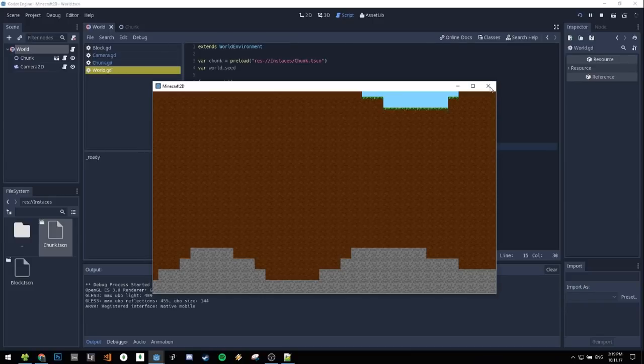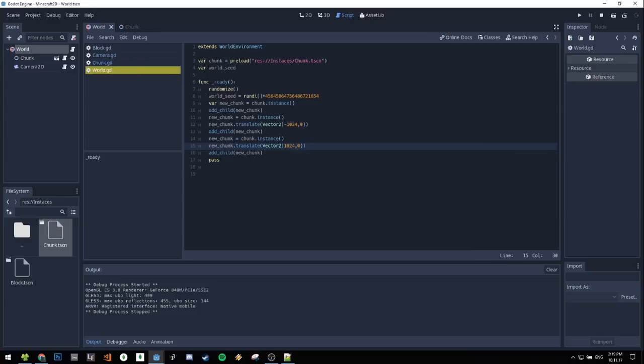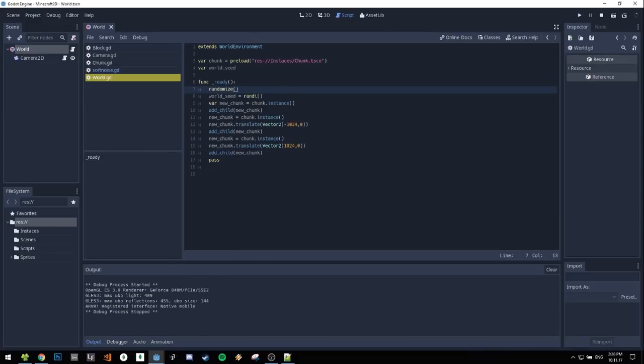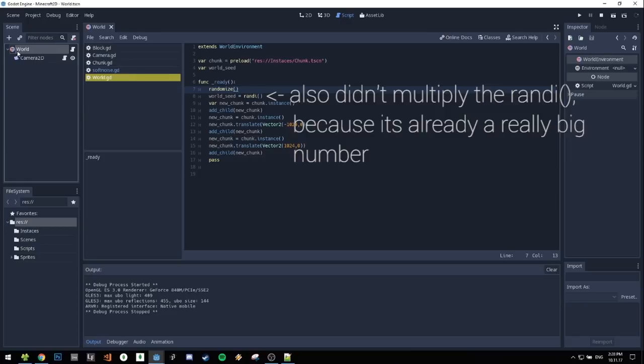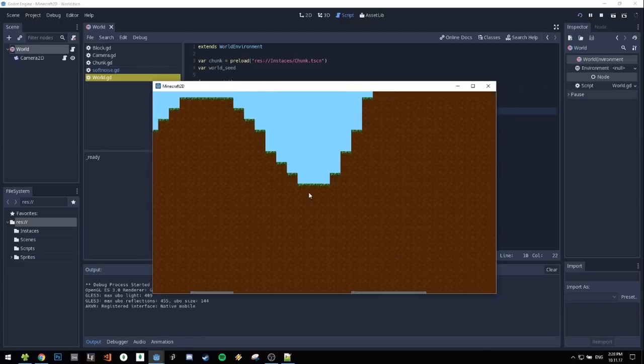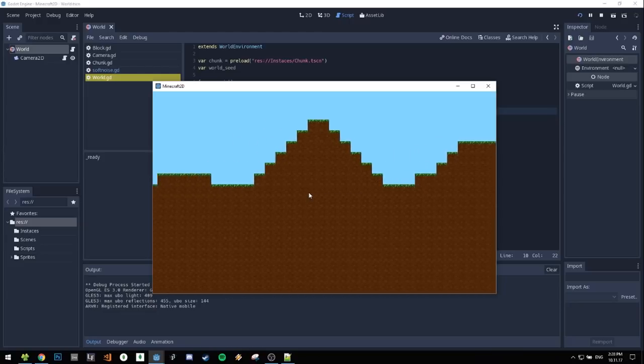Now if we... oh, also I forgot to get the seed from the world. I'm still using the hard-coded seed here, so I'm going to say get node parent dot world seed. Okay, so now it gets the world seed. So I seem to have found a weird bug, but now it works. What I did is delete the chunk in here so it wouldn't intersect with the script-added chunk. Now if we press F5, we can see that we have a few chunks that are smoothly connected to each other